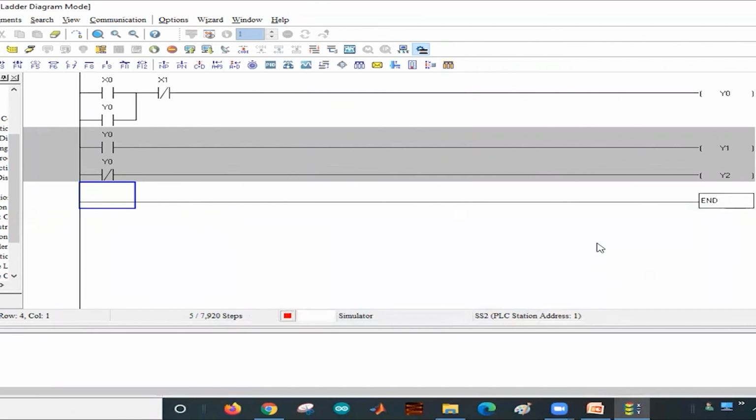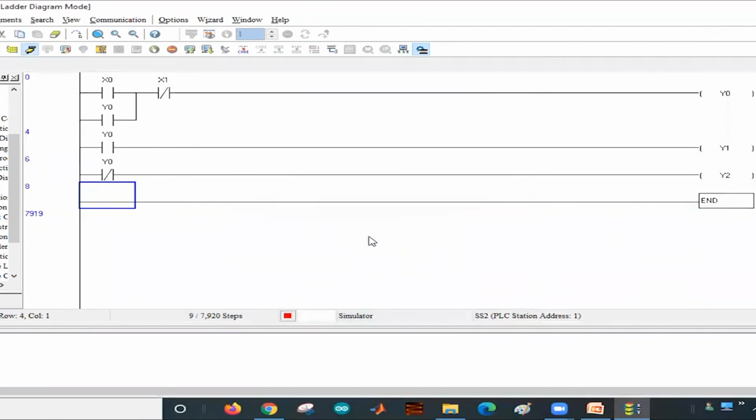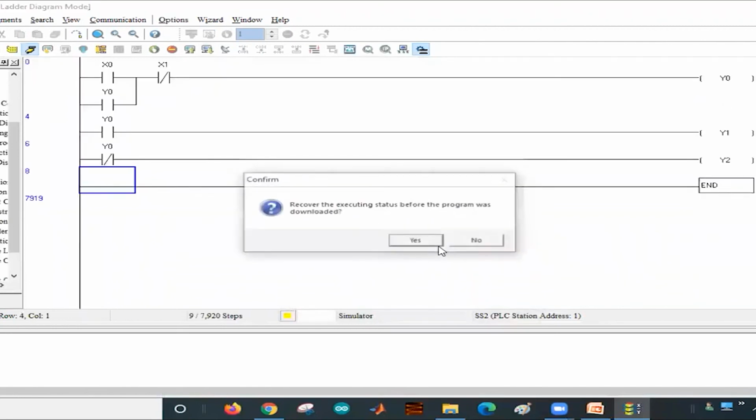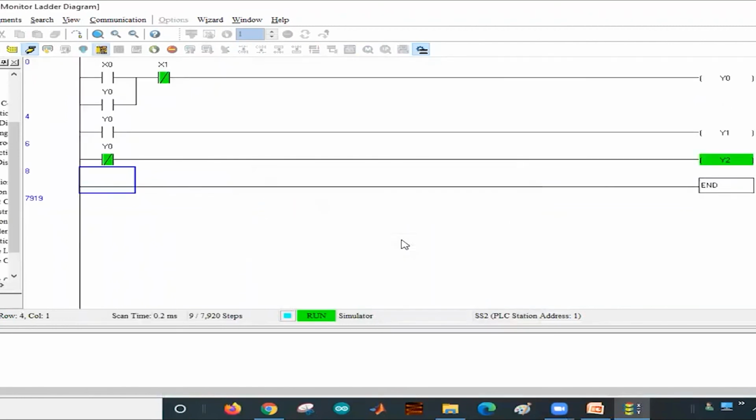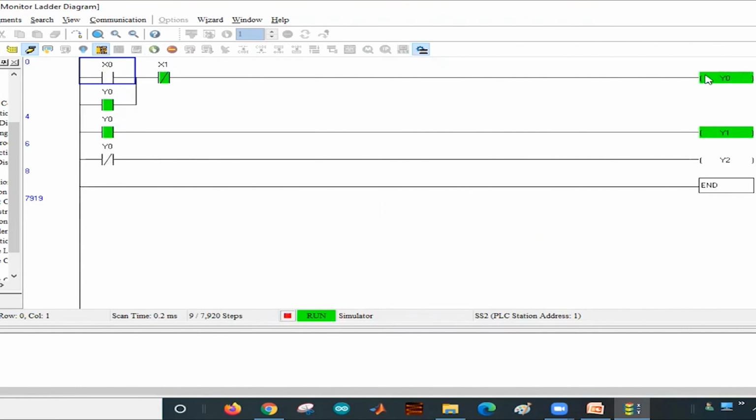See how it will work. Now you are pressing the start button. Y0 will be energized. You release the finger, so the motor will be in continuously running position. Y0 is for the coil and Y1 is for the green indicator.